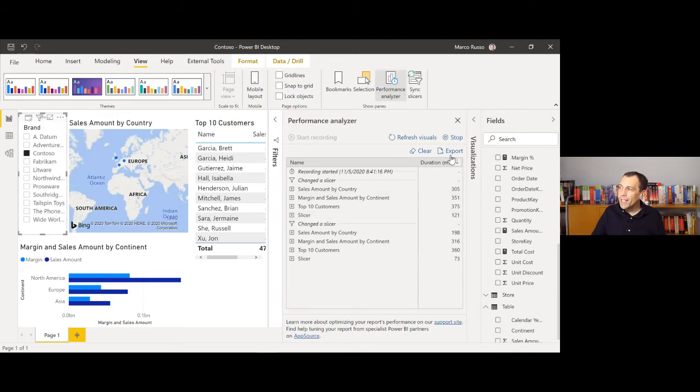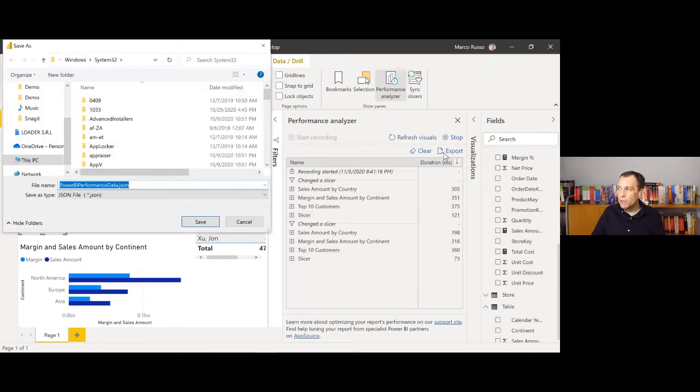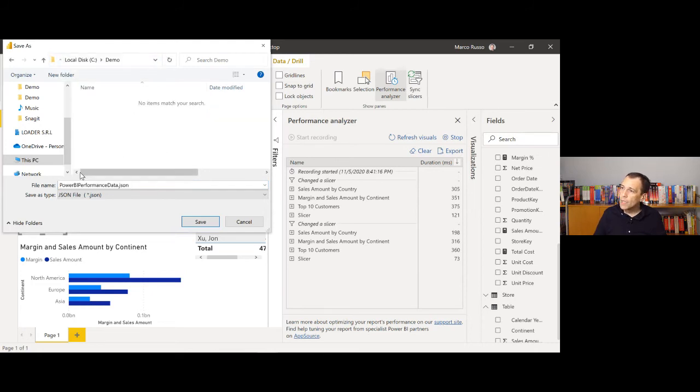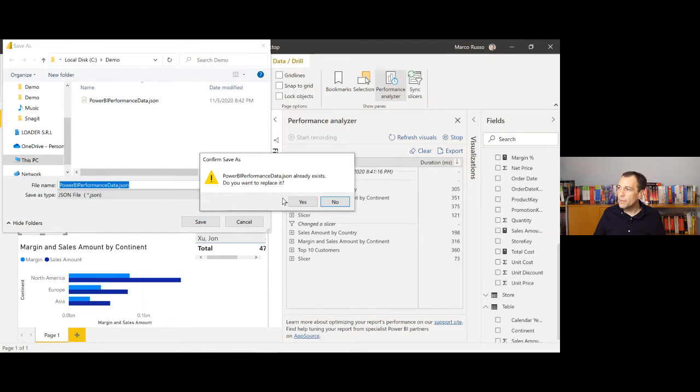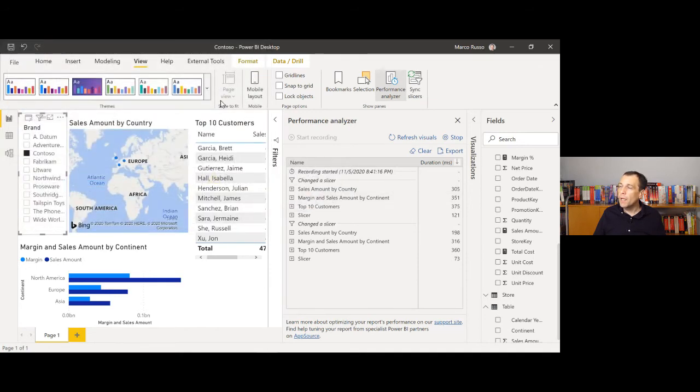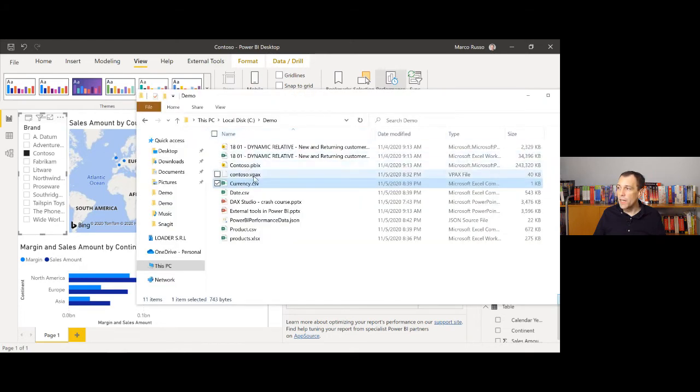In reality, you can export here, using this button, the content of this analysis that you applied. Now let me save this in my demo folder. I use the default name, and I don't know why it is asking me twice. Yes. Okay. So what happens? The file that I saved now is a JSON file. If I show you the content of this file,